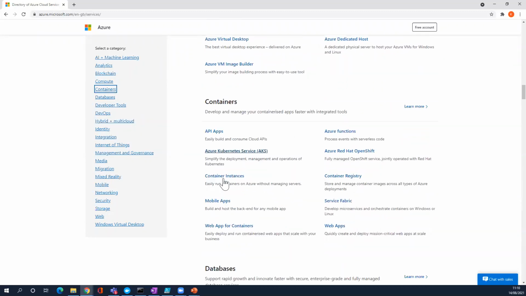Within the containers, you have various services in Azure. We'll be exploring one by one later. But because this week we are starting the container topic, I want to take some basics this week, and then we can move on to advanced topics. So the container is similar to virtual machines. In virtual machines, you have your